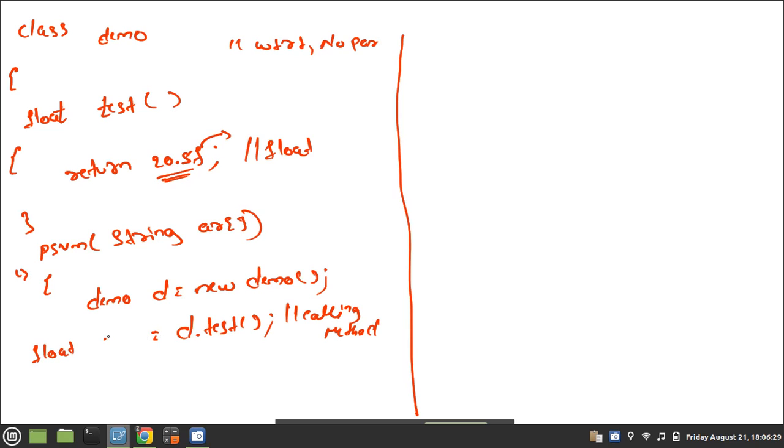That's why I will be declaring float f. Okay, 20.5f is there, no? This function is returning 20.5f. If this function is returning 20.5f, to store it a variable is required. That's why I am declaring one variable, that is float f. Now tell me what variable f contains?